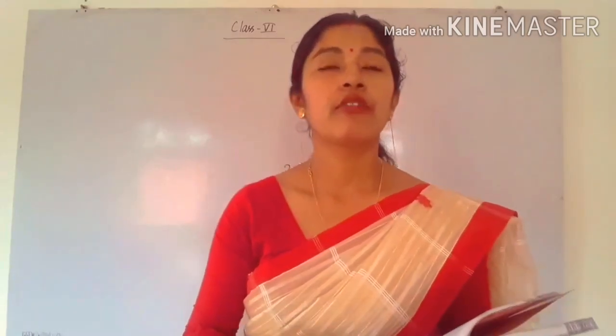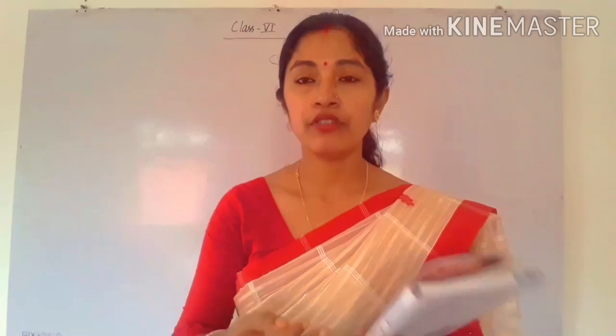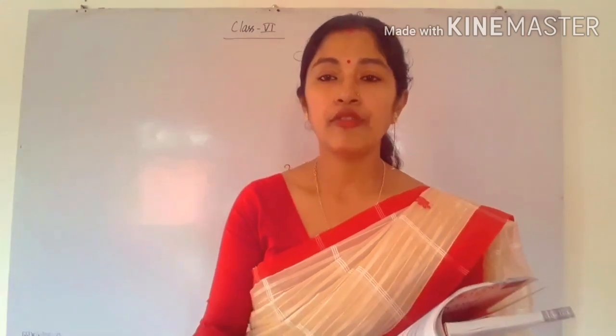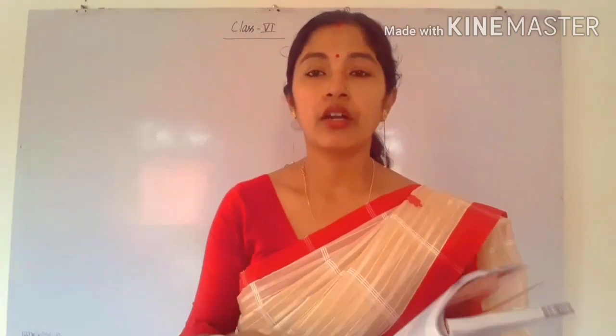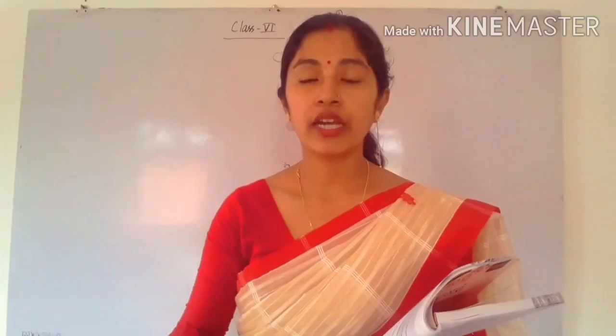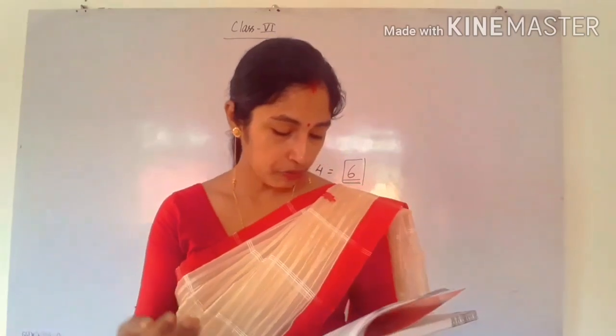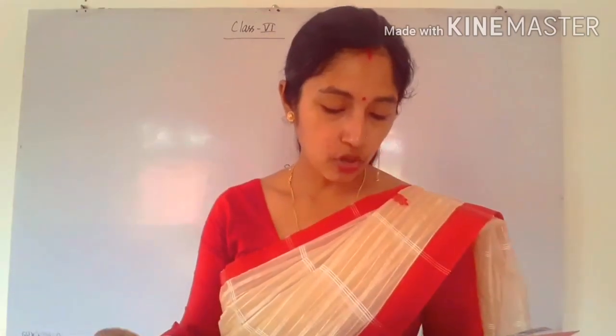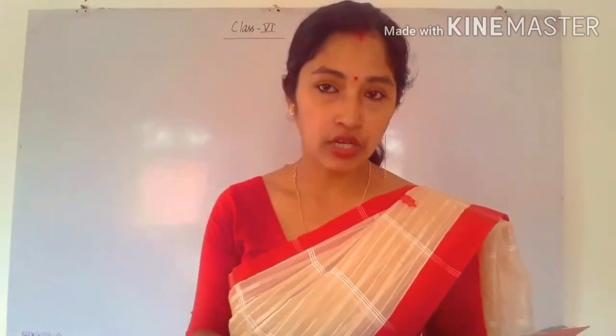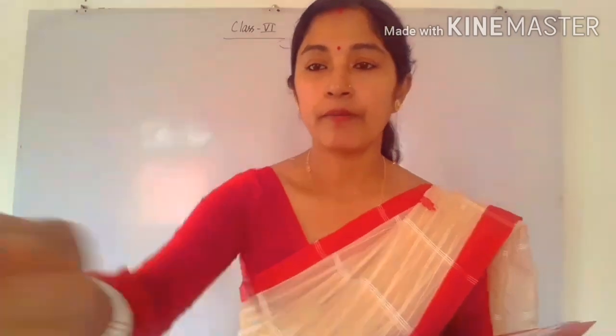Similarly, if you take 15, which is an odd number, and 17, add 15 and 17, you will get 30. So all the results we are getting are even numbers. So in B, the sum of two odd numbers is always even. So in B you have to write even.